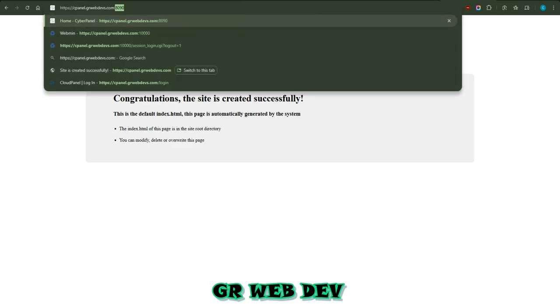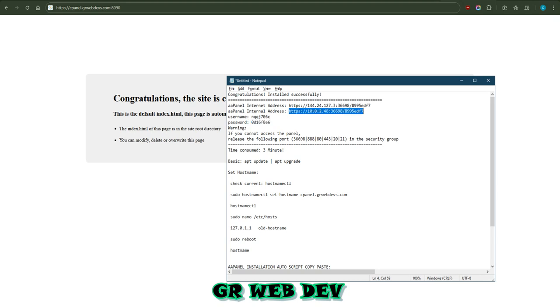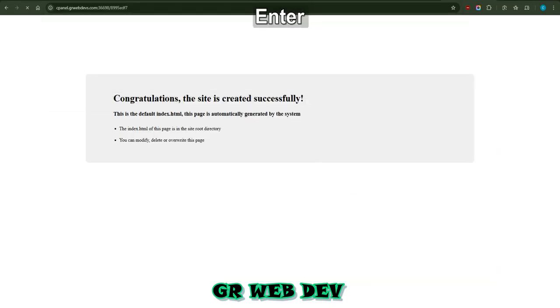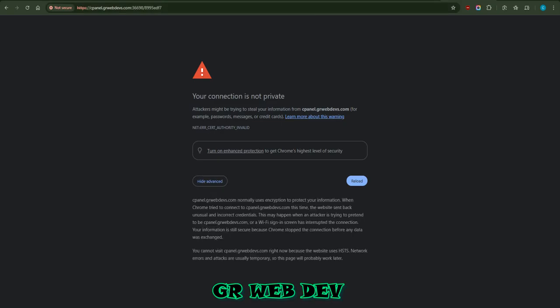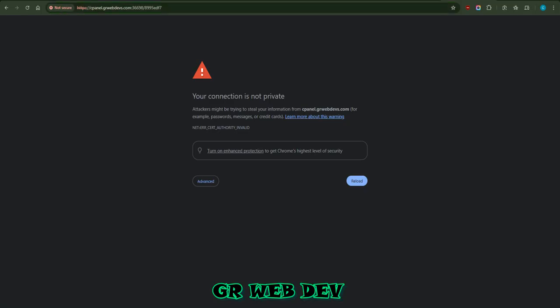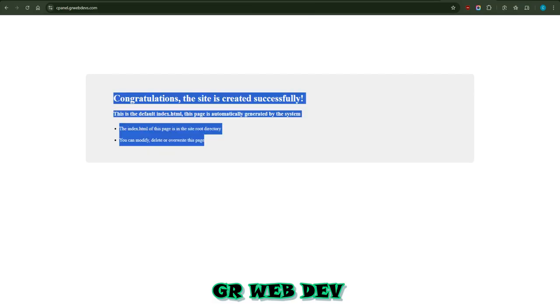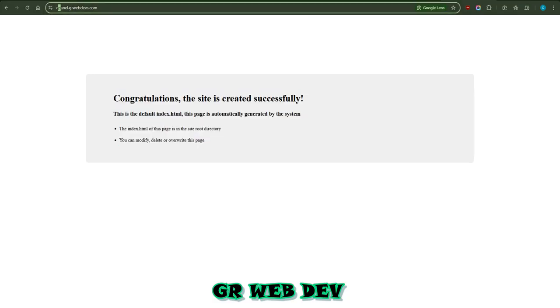And when you enter the port here like this, the port is this one, and also the authentication code, which you will get. It will take some time to fetch the SSL, but overall when you visit the main website it will show you the index page with SSL certificate installed. Okay,